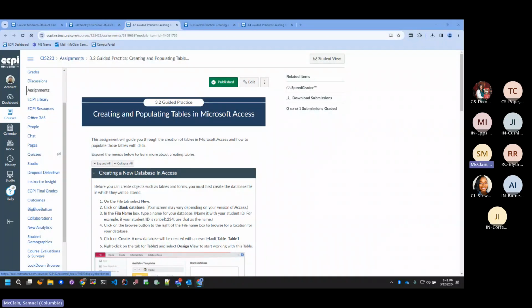All right, so for this week, what we're going to do is change up how we do the lecture. For tonight, we're going to look at the guided practices, which are 3.2, 3.3, and 3.4. The reason is these are pretty much hands-on labs that walk you through Microsoft Access. Before we dive into the labs, I'm going to use them as a beginning point to talk